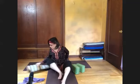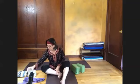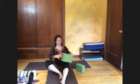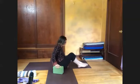So I'm going to ask you now to come along with me on a little massage for the pelvis and the sacrum. I know that not everybody has a foam roller at home. And also, we're going to use the beveled edge of the block, which has a kind of specificity to it. So when you lie down with your 2 blocks,